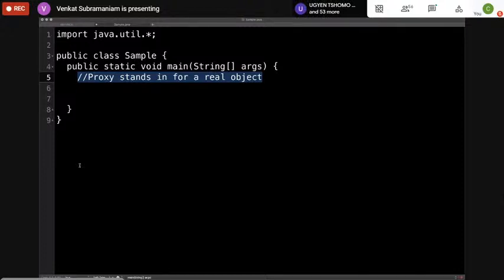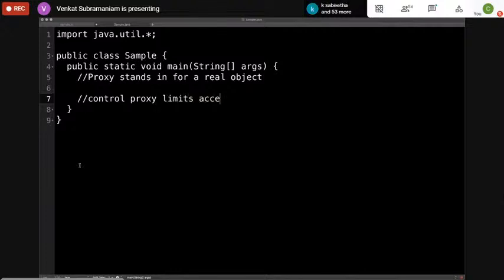But I said proxies are a family of patterns. How so? Well, you may have what is called a control proxy. So what is a control proxy? You have an object. I put a proxy in front of it, and you make an access to the proxy, and the proxy says, yep, you can have access, or no, you cannot have access, and may deny access to you. So a control proxy limits access to the real object, right? That's basically what a control proxy really does for you.